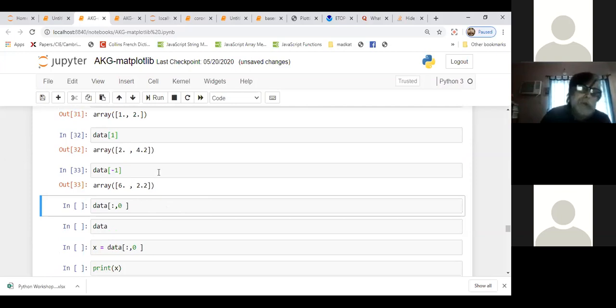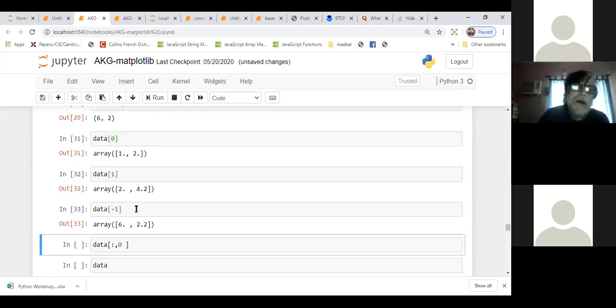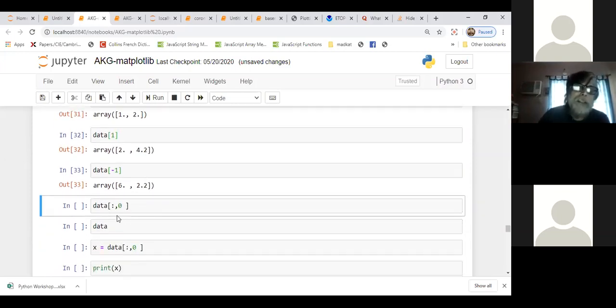But this is for rows. For columns, I told you the last day that inside the brackets you have to write something, comma, something. The something before the comma is the row part, and the something after it is the column part.